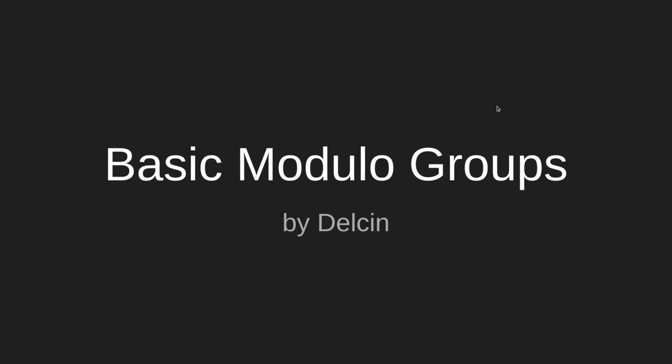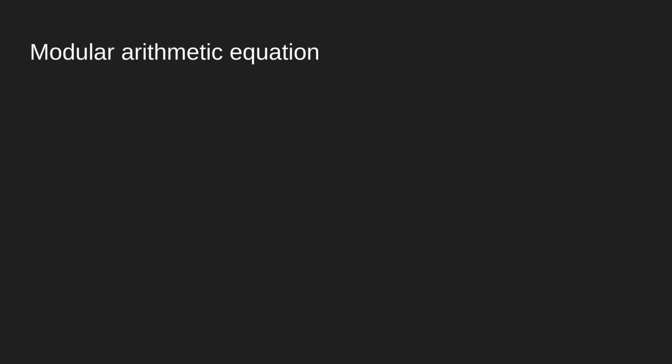Welcome to this module. We are going to take a look at the modulo groups. So let's revisit the modular arithmetic equation one more time, which was introduced by Gauss. It goes like this. A is congruent to B mod n. So this means